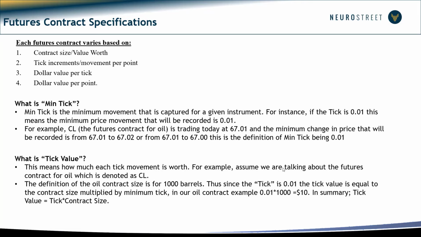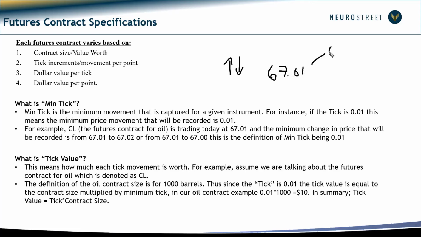So for example, if we're talking about futures contracts for oil, the definition of an oil contract size is 1,000 barrels. Thus, the tick is 0.01. The tick value is equal to the contract size multiplied by the minimum tick. In our oil contract example, 0.01 times 1,000 equals $10. In summary, every time a market upticks or downticks, 1 tick up or 1 tick down,